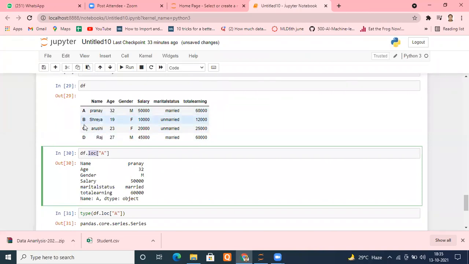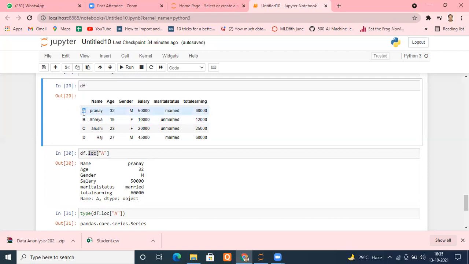Doesn't matter. It may be like 1, 2, 3, 4, or I may put the numbers 10, 11, 12, 13 here. So if you want to access from those labels, then you have to use the loc function. Now, suppose I want to explore index. Remember, Python is a zero-index language, so indexing always starts from zero. It doesn't matter what you put here, A or 10 or 20 or 30. The Python's internal index will be 0, 1, 2, and 3 only.